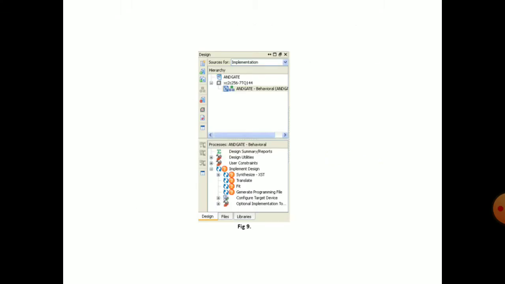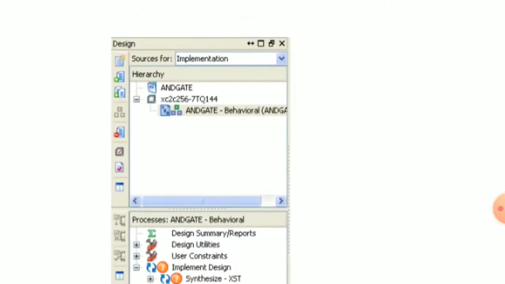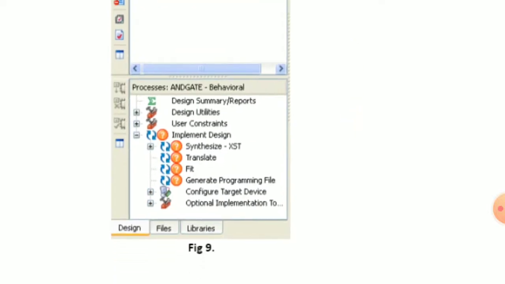How to execute this? On the left side, the second part and third part are displayed. The sources for the AND gate, which is the project name, are displayed in this structural manner. In this, how do we execute? To extract the files, I am now explaining how to execute.